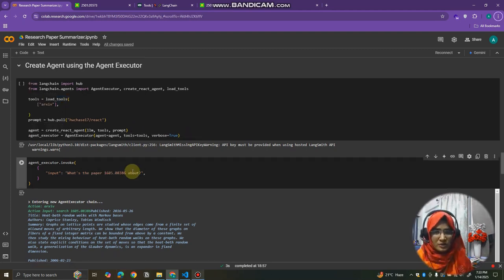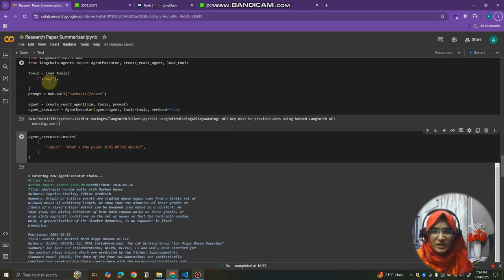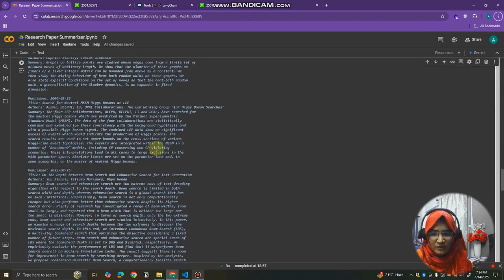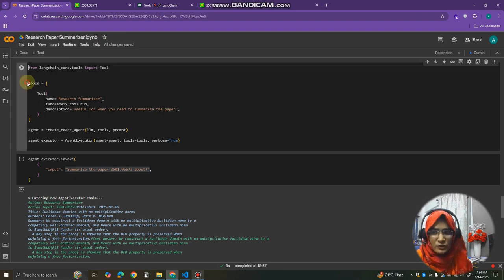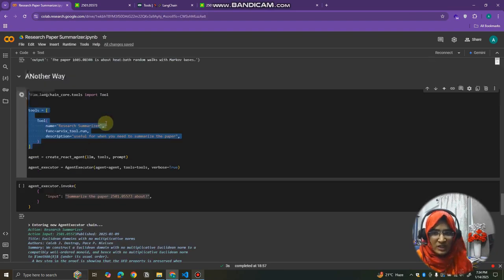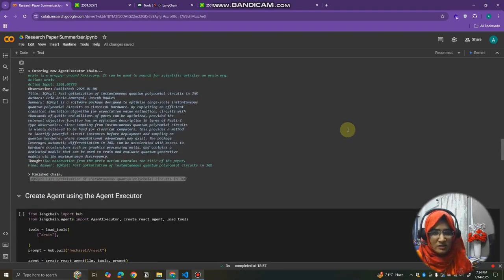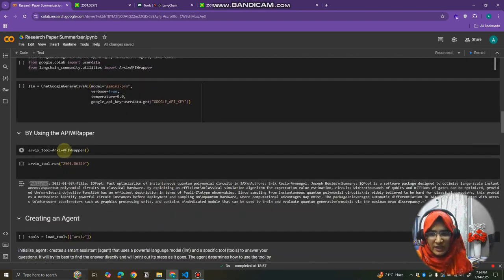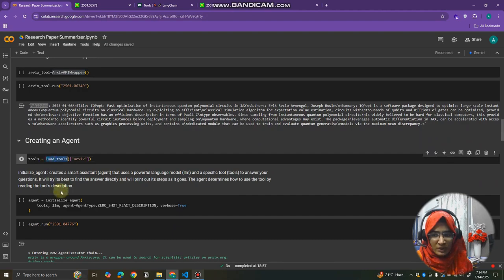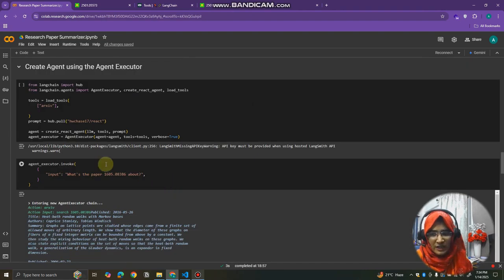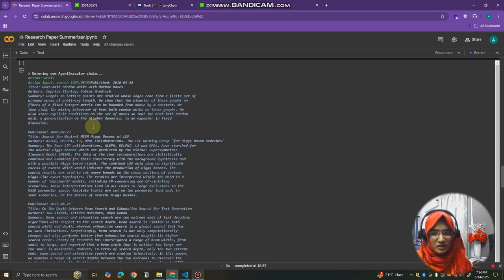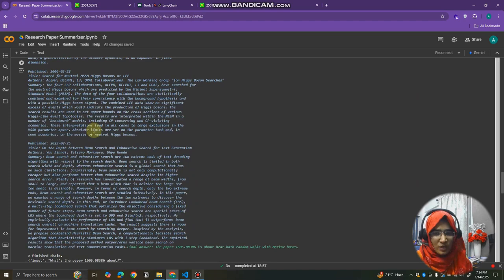Now we are moving towards the specific goal that we want to achieve, and with another approach that we can actually do it. Okay, we are using load tools here. Now here we can create our own tool using the API wrapper. Okay, this API wrapper is providing us a much better answer. So you already know load tools can be used in initialize agent, and with this create react agent, and now we are using the API wrapper.